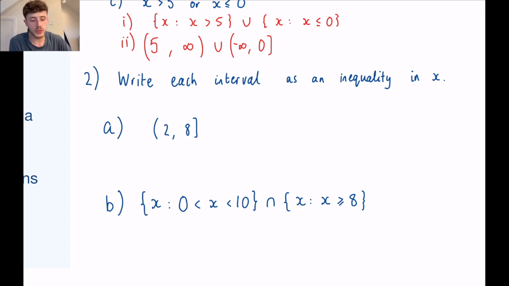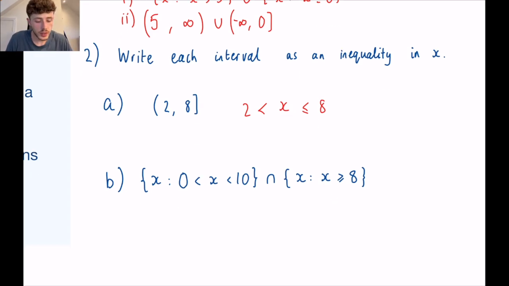So write each interval as an inequality of x. So this one is simply going to be x is greater than 2, but less than or equal to 8. Again, the arrows are denoted by the type of bracket on the outside. So for this one, x is greater than 0, but less than 10, and x is greater than or equal